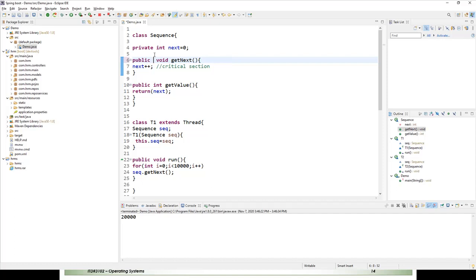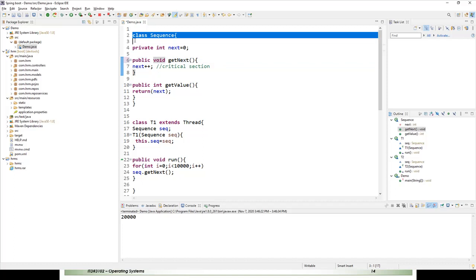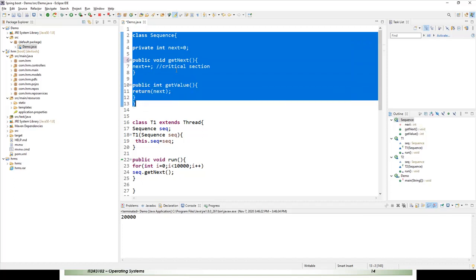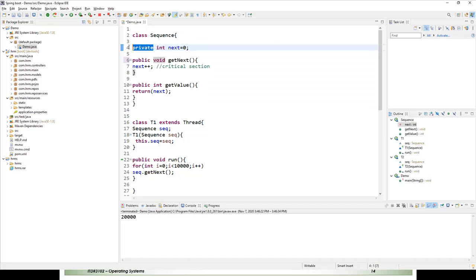Can we consider this class as a monitor? We cannot consider it as a monitor. Why not? The monitor class should be implementing mutual exclusion. That means it should allow only one thread to be active inside its object at a time.